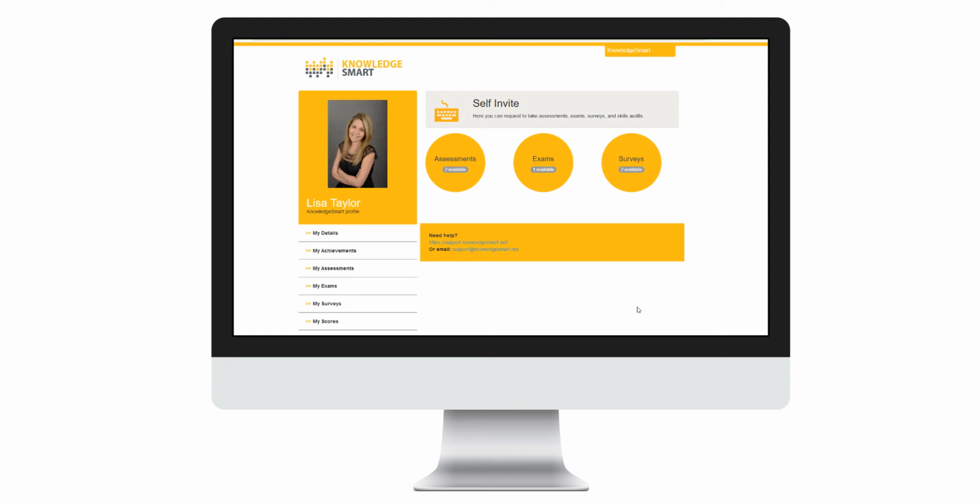So what you're looking at right now is the self-invite functionality from the user's perspective, and we'll start there today. Firstly, the self-invite menu is found from the sub-menu categories here under My Scores. So you'll notice a new area there called self-invite, and when they select that, they will then be able to